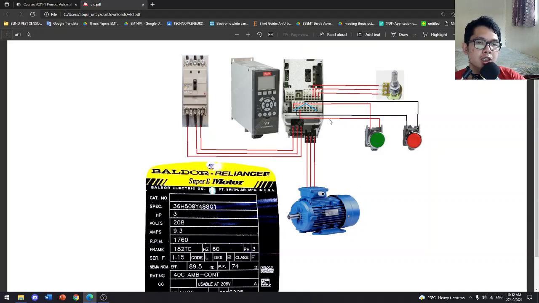And then the function of this inverter is it is used to control the speed of an AC motor. And the function of this electrical motor, it is used to convert electricity into mechanical energy.